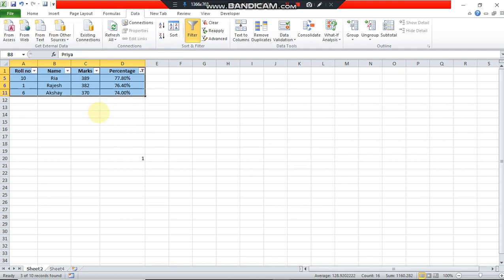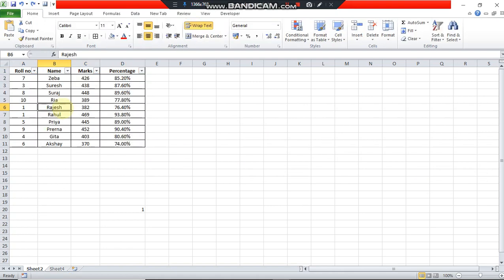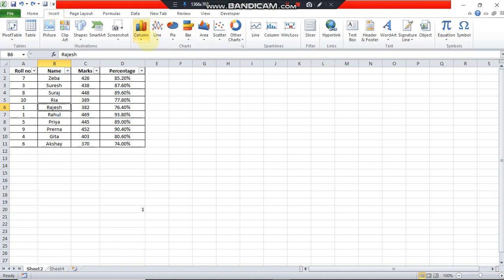With this, the advanced filtering techniques are over. Now our next topic is charts. The charts topic is very easy compared to these things. You just go to your main menu and click on insert, and here column, line, pie, different options are given.